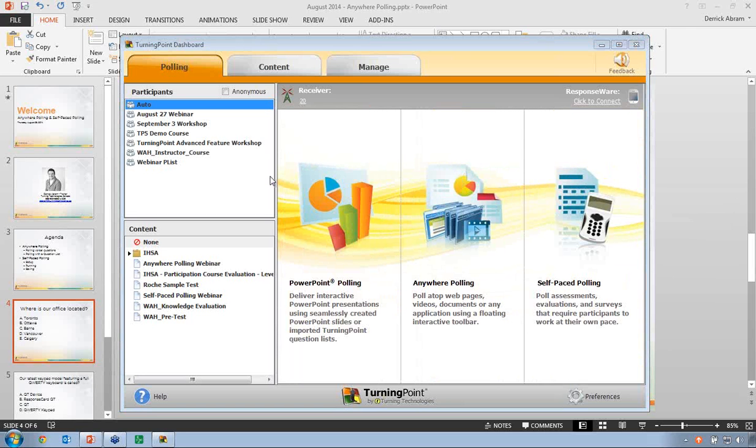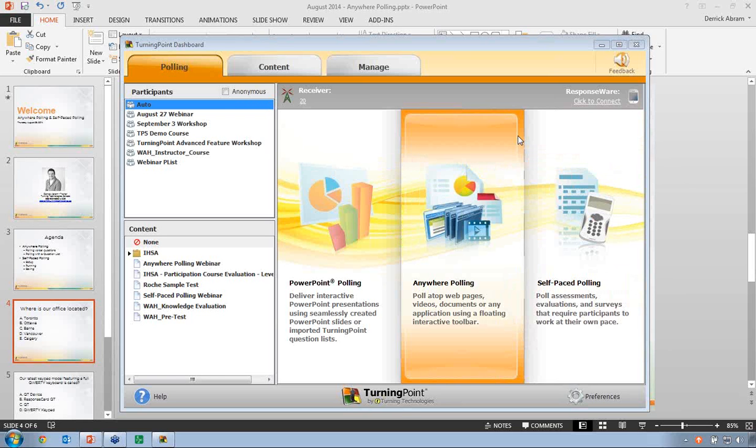And just before I jump into that, can you record the right answer with the question? Yes, you can. There are two options for doing it. If you're doing a verbal poll, what you would do is when the chart appears on the window, you can right-click on what the correct answer bar is and set it as correct so that TurningPoint knows from a scoring perspective, okay, this is what the correct answer was. Because you were verbally asking it, there's no way to set that up ahead of time.